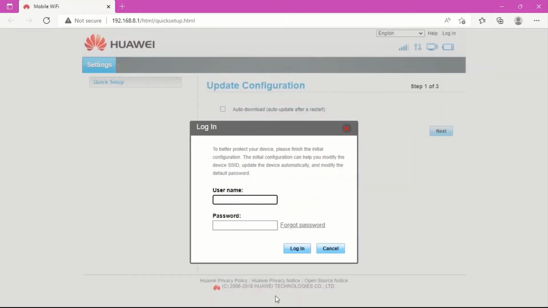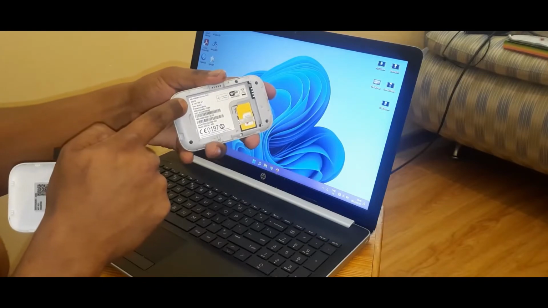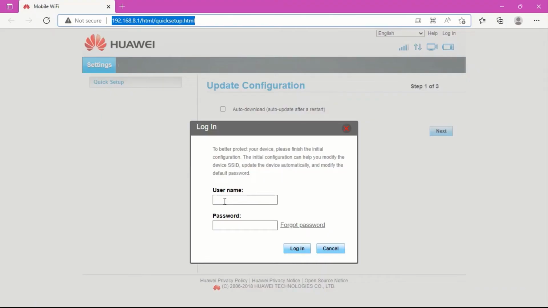So once we install the device, it automatically took us to the IP. Please take note of the IP. Username and password is also located underneath the battery, which in most cases for Huawei devices and most other networking devices, it will be admin, and the password will also be admin. This is usually case sensitive, so make sure that you type the password lowercase. You can now log in,